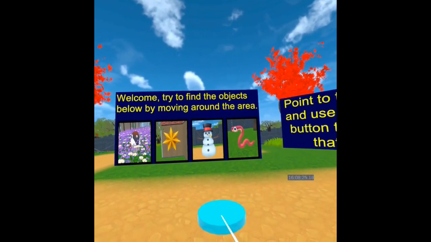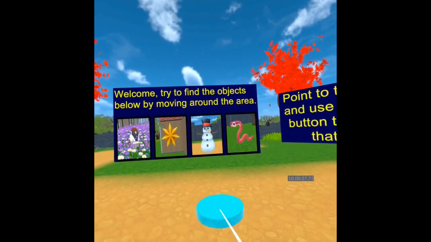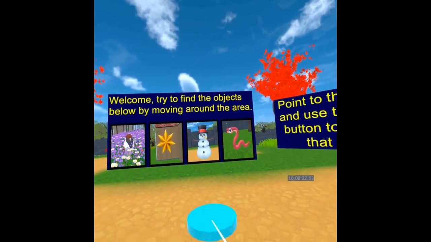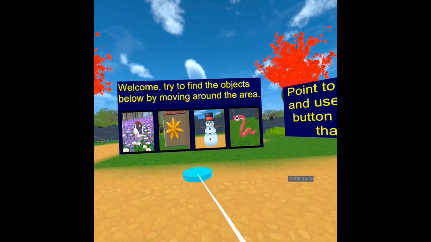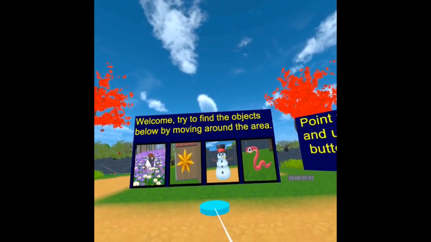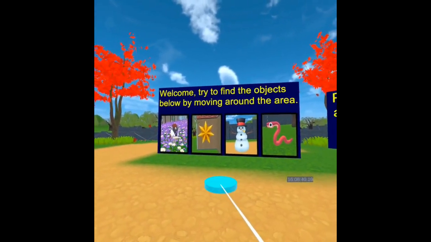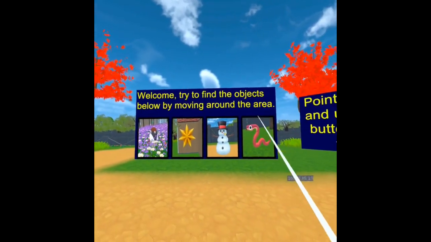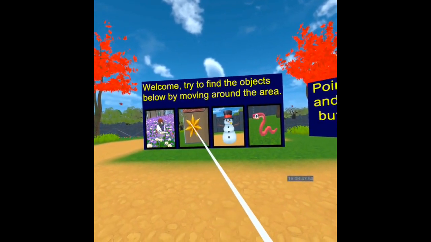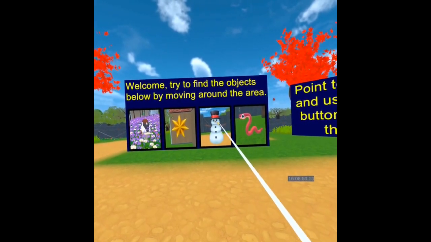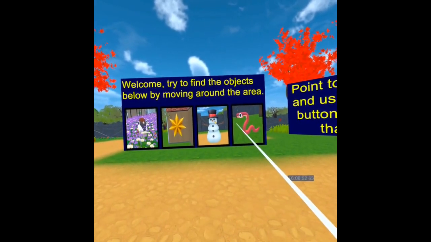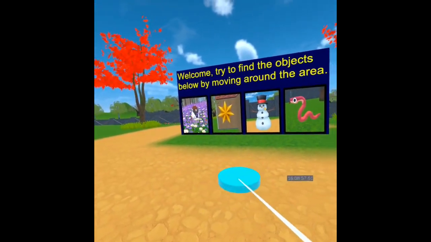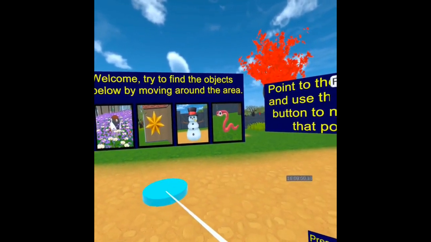The first half of the sessions involving use of the multi-user VR social activity space will involve participants coming into a navigation task space. There's a board here, and they are presented with different objects to try and find within the area. This is to encourage participants to try out using the controller to move around the environment.